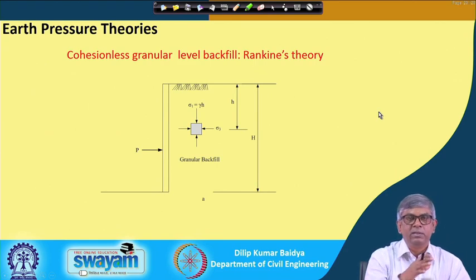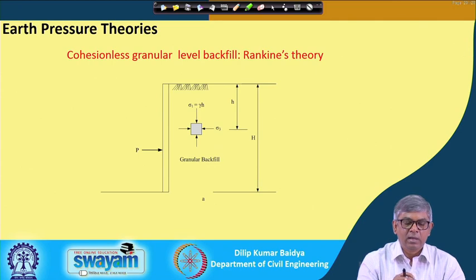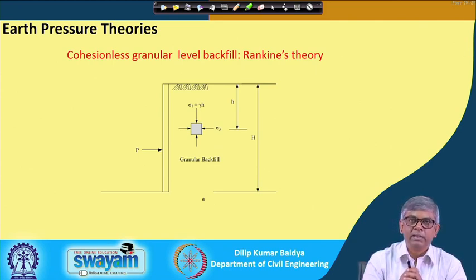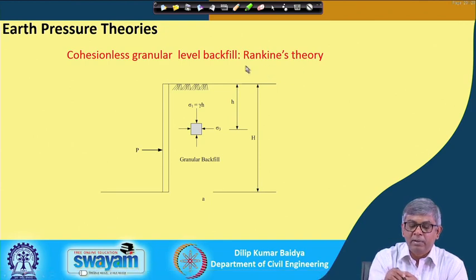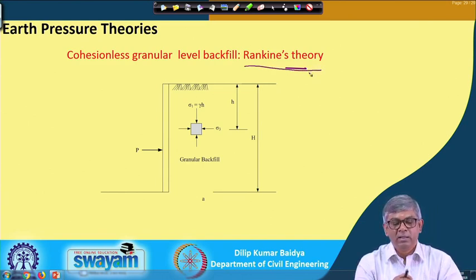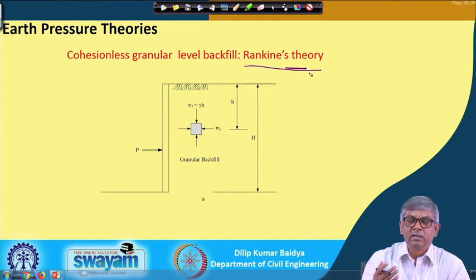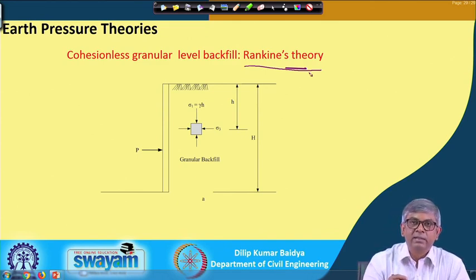Now, this is actually based on some geometry and failure wedge. Rankine has also given a theory for the active and passive earth pressure. From there also we can see how it can be obtained. A number of assumptions are there in Rankine's theory. Actually, the wall is smooth and vertical, and the backfill is level. These are the major assumptions in Rankine's theory.